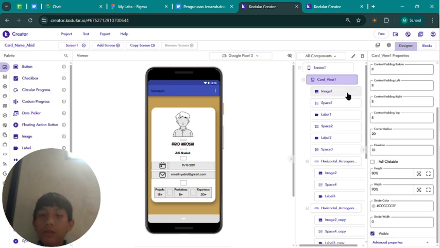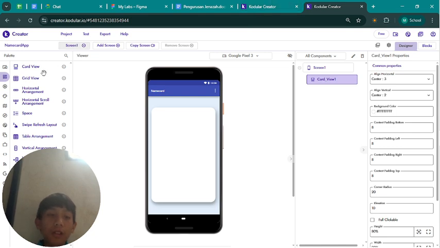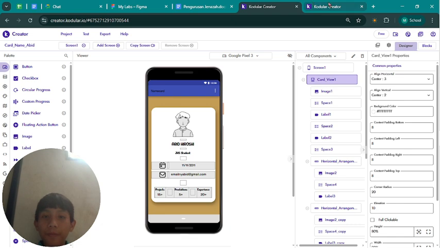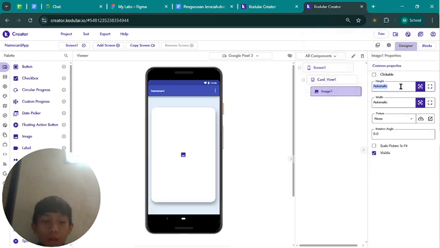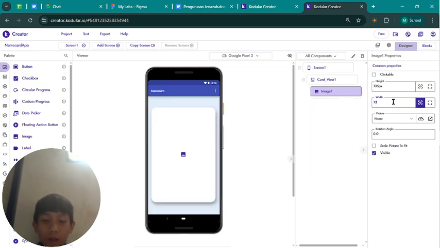Okay, and then in the card view you insert an image. For the height you change to 105 pixels, and for the width you change to 105 pixels, and then you choose a picture of yourself.